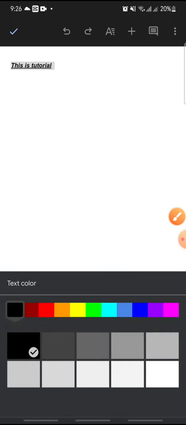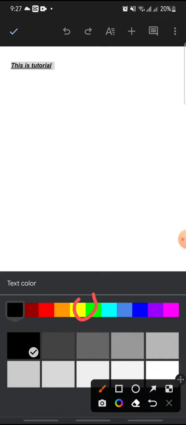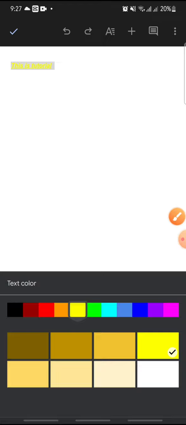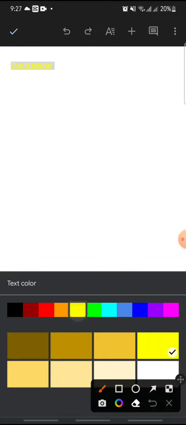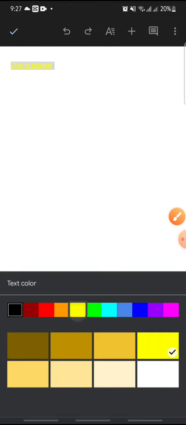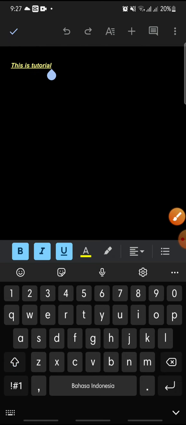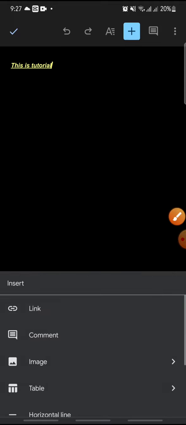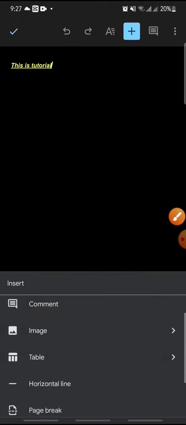and then you can search the text color. I want yellow like this, and then you just go back and finish the text, changed to yellow. And then at the plus you can add the link, add the comments,